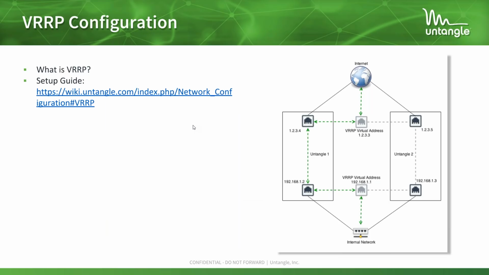High availability. Our high availability configuration actually utilizes a protocol called VRRP, which is Virtual Router Redundancy Protocol. Essentially what you do is you go into the Untangle on the interfaces, and on those interfaces that you want to be part of the high availability cluster, you would enable the VRRP settings, specify the priority and tag to identify that VRRP pair, specify your address, your virtual address, like we're talking about here,